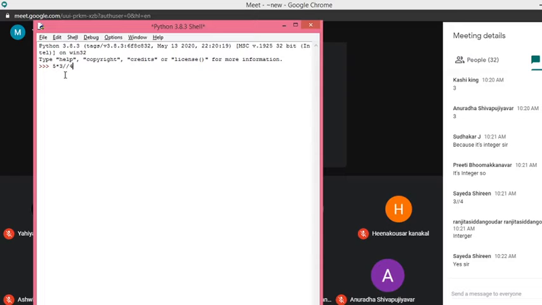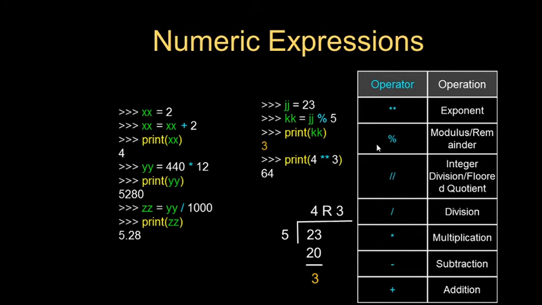But see, as per the table, if you evaluate, then we have to get the result 0. But when you execute this one, we will get the answer as 3. Why so? One more point, actually, that I missed here. When you use this operator precedence table, what you need to remember is that the first priority among the arithmetic operators is given to this one. Then the second highest precedence is given to these 4 operators. So modulus operator, integer division and multiplication, all these 4 operators have equal precedence.